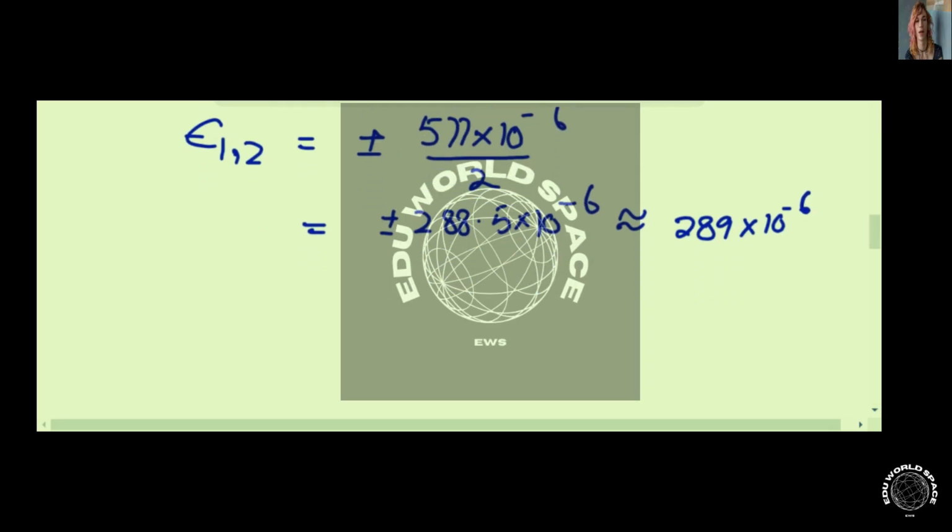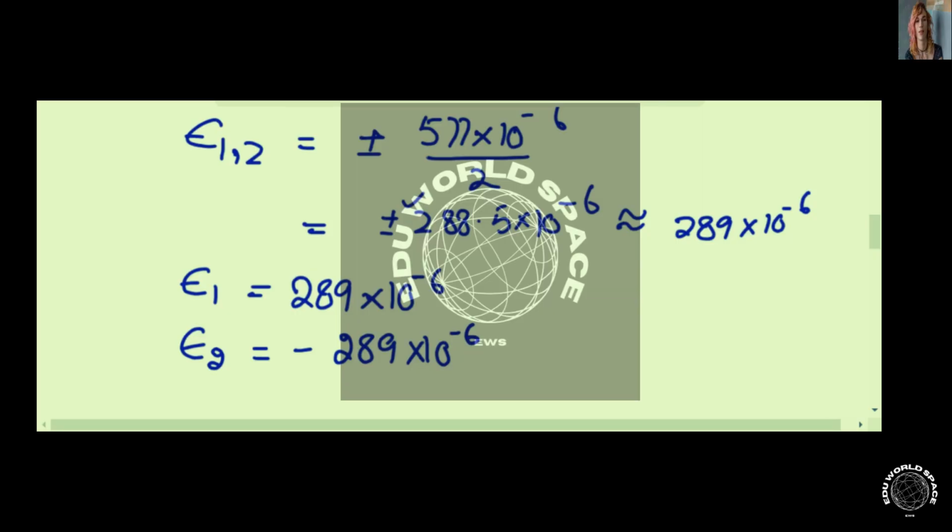Now we are going to write them separately. The first strain, taking the positive sign, is positive 289 into 10 raised to power negative 6, and the other strain is negative 289 into 10 raised to power negative 6. So this answer concludes our solution for this